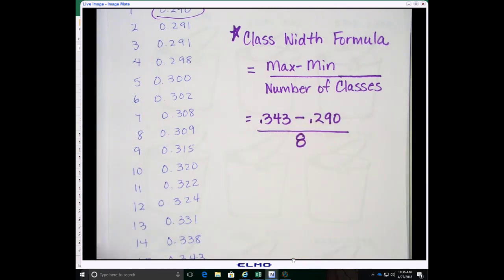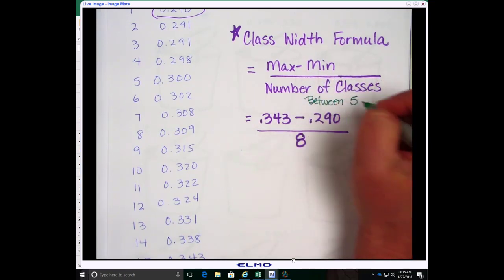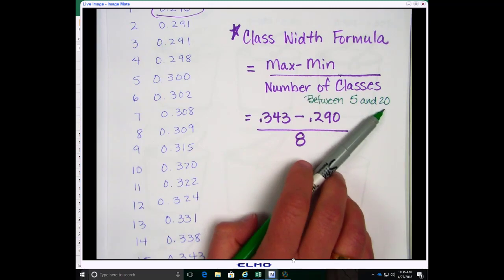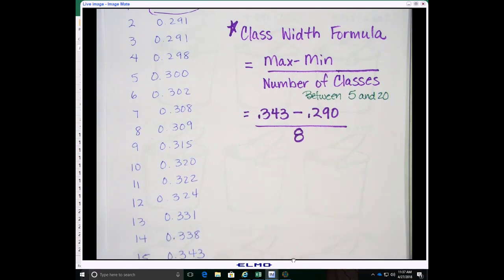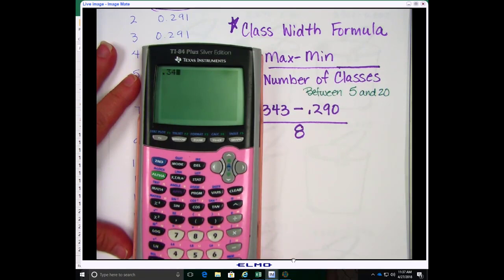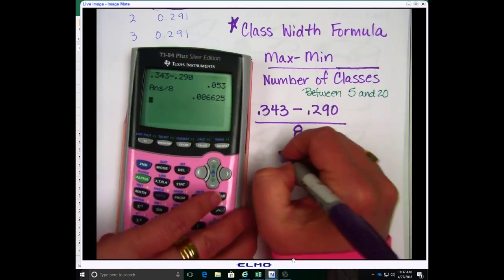Okay, but ideally we want to use between 5. Anything less than 5 is too few, and I'd say 20. But again, this depends on how many data points you have. Actually, 8 is probably a lot for 15 data points, but I like 8, so we're going to use 8 because I'm going to use it for something else. All right, so then do your math again. Do your subtraction in the numerator first, 0.343 minus 0.290, and then divide by your 8, and we get the nice round number